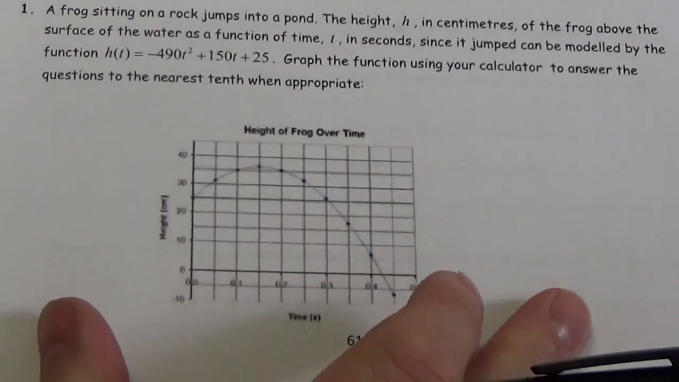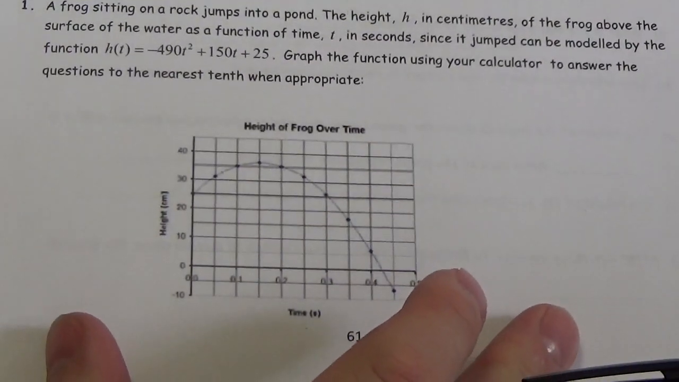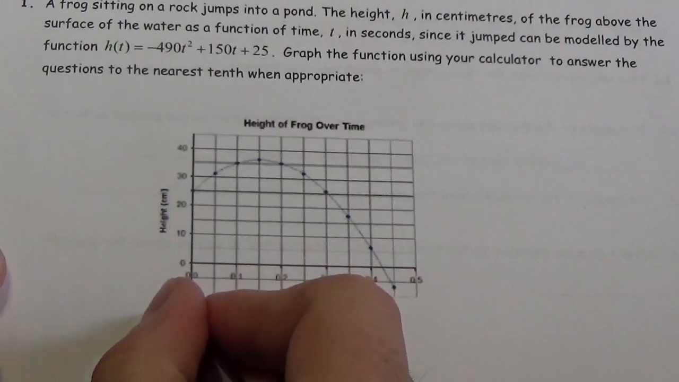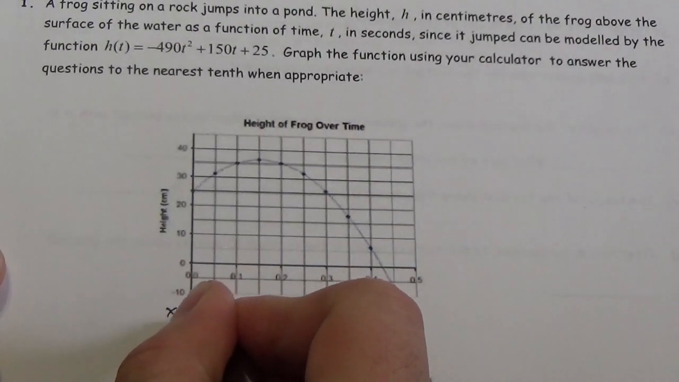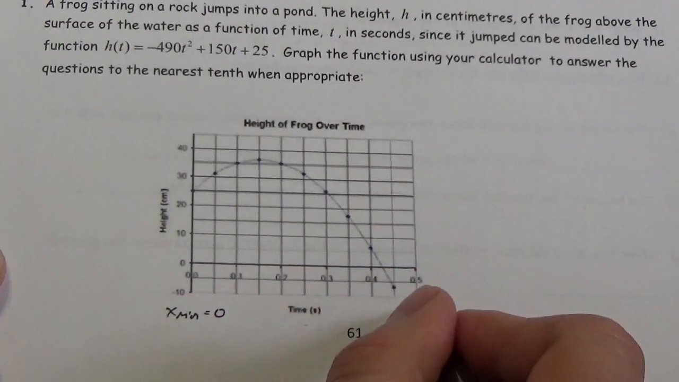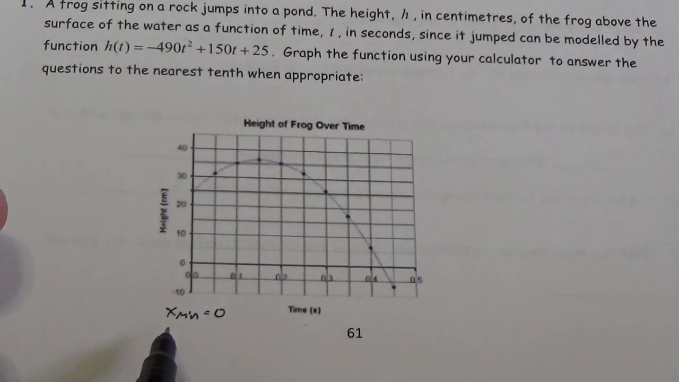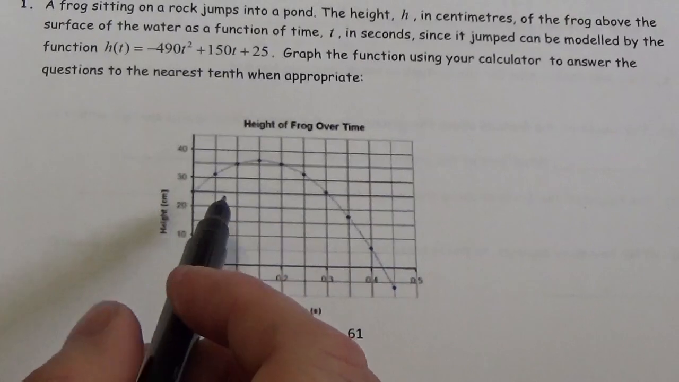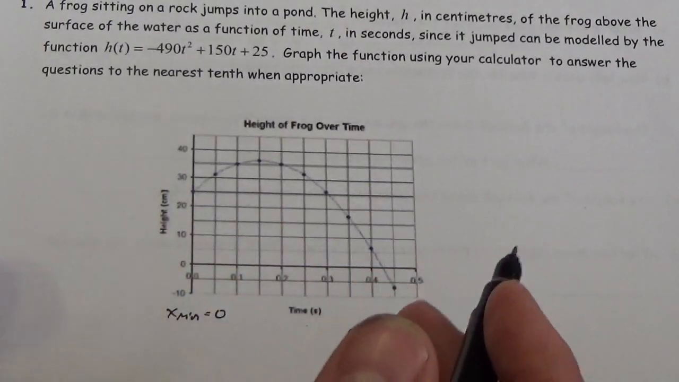And they give us a diagram here. Now, the benefit to the diagram here is that I can see right away what my window settings should be. I don't even have to think about it. I know that my x min here should be 0. And actually that makes a lot of sense. The parabola, think about the frog here. The parabola that it forms here isn't going to actually